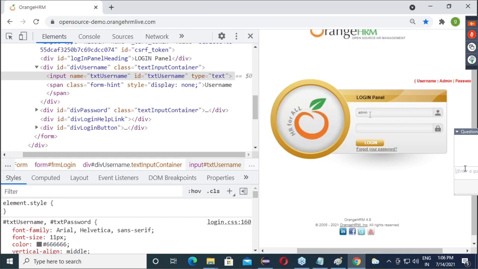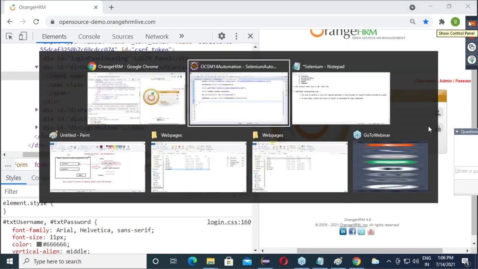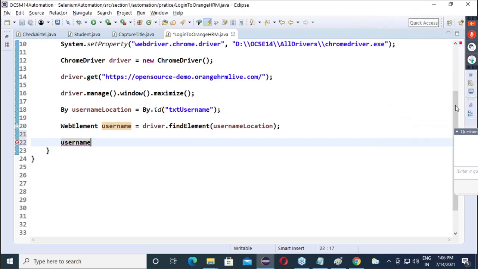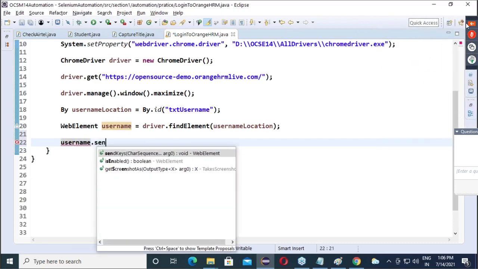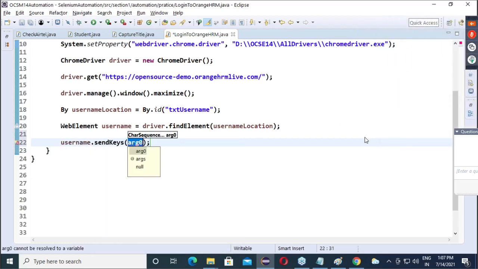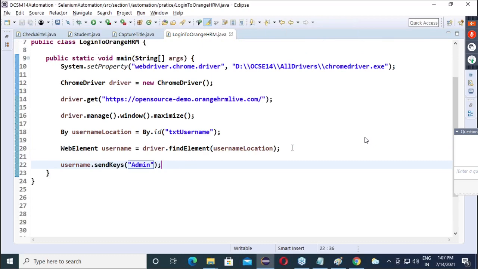That means we are sending keyboard strokes. That's the reason on the username there is a method sendKeys, meaning send keyboard strokes. And what do you want to send? Admin. Matter closed. Shall we check if it is working or not?